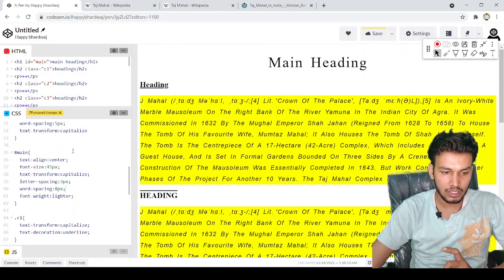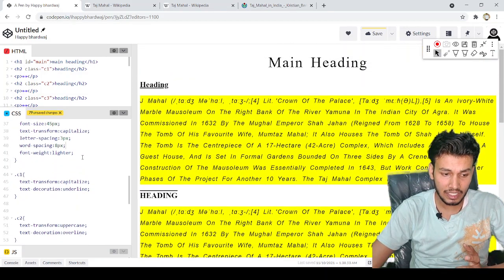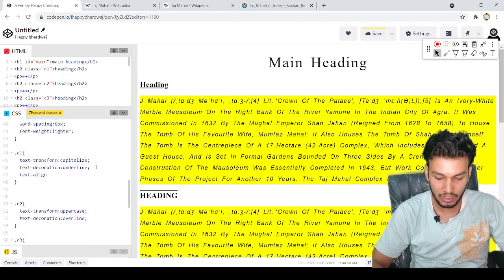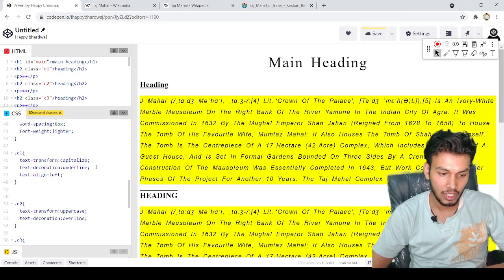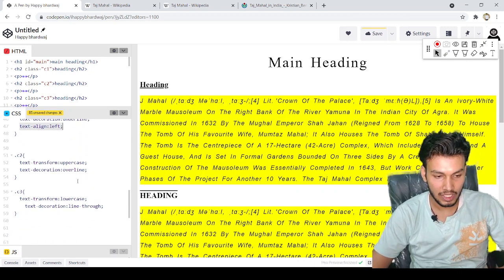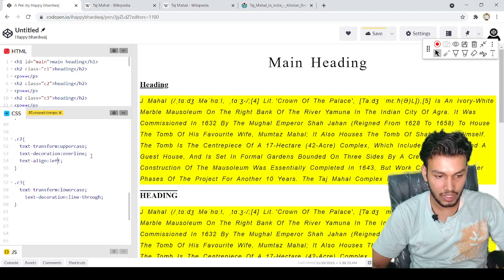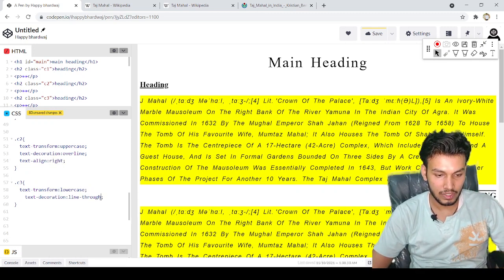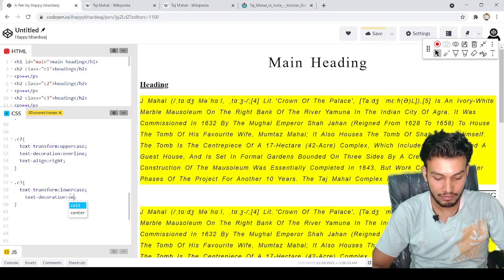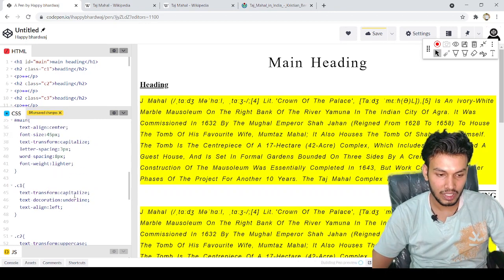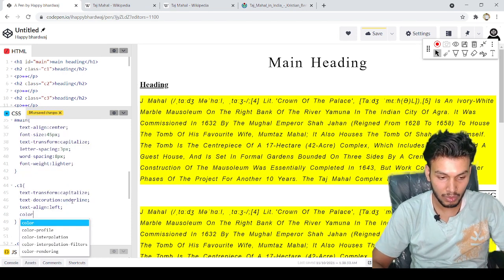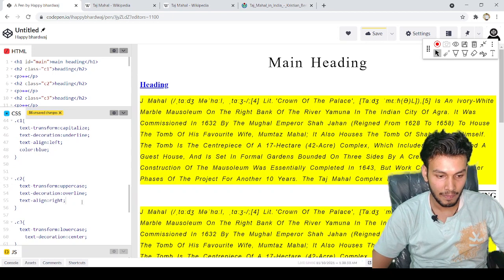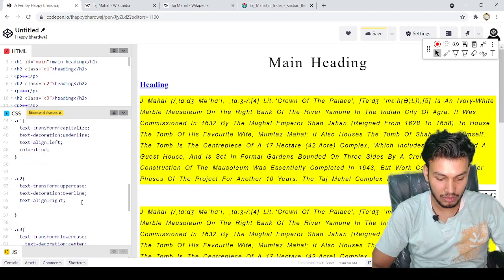So I guess in text align as well, let's say for this C1, if I give text align, you can give left, that is by default, or you can give right as well. For right it will be on the right hand side, or you can give the center value, as you know already. You can provide different colors to these headings. Let's say I provide a color blue here, just a random color. Let's say I provide a color green here,